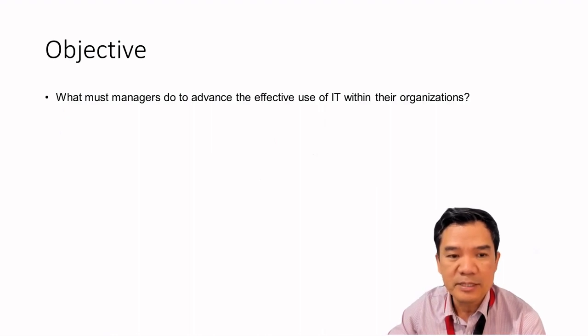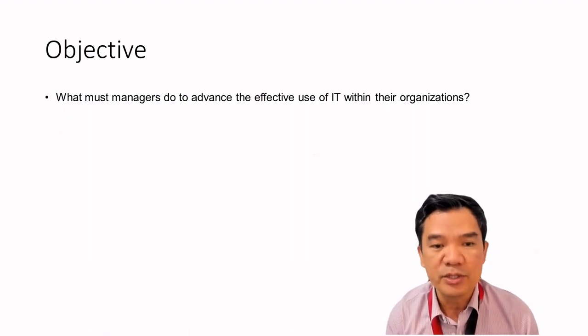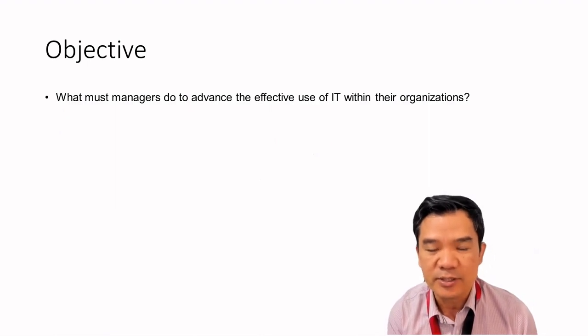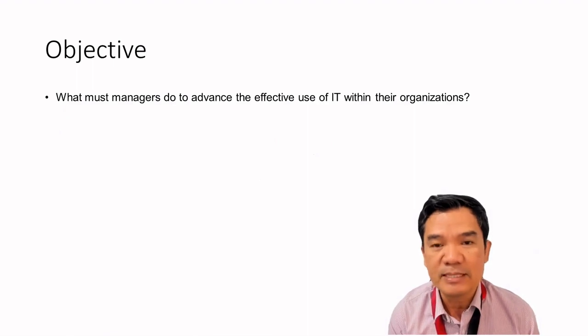The objective of the course is to answer the question: what must managers do to advance the effective use of IT within their organization? There are various factors and perspectives that managers must be able to examine to implement the use of IT effectively within the organization. That means it can cover achieving objectives such as efficiency or cost associated with the operation of